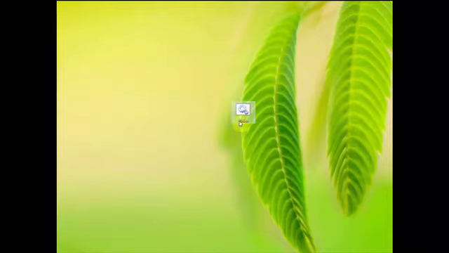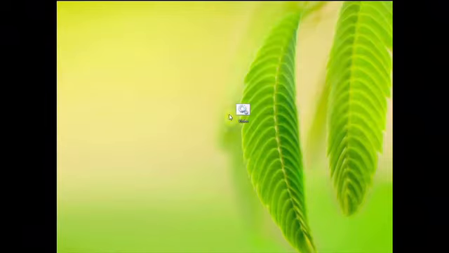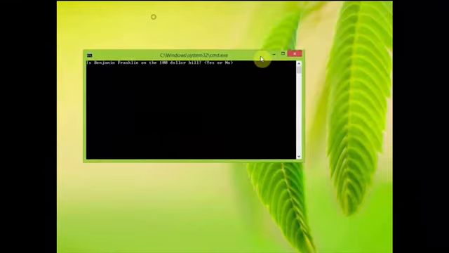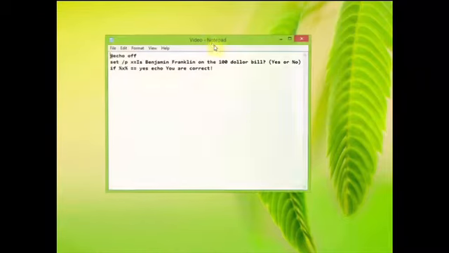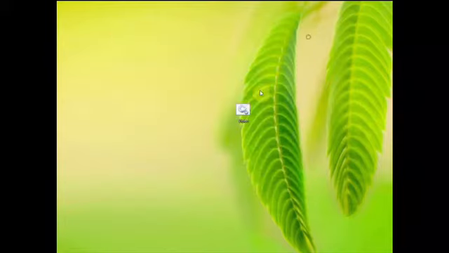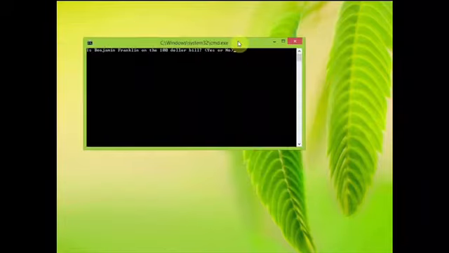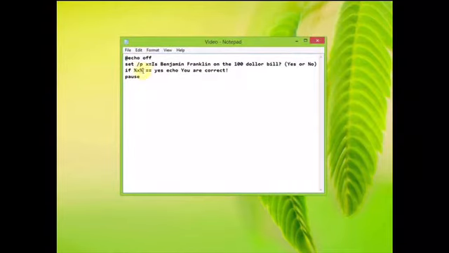So let's try that out. We could put in anything we want, just like I said, and if you put anything in, nothing is going to happen. But if we input yes, then it's going to say you are correct. As you saw, we just need to put a pause here. So if we put a pause here and we try it out and write in yes, then it says you are correct. We could see that the x variable was exactly equal to yes, so it let us write this.